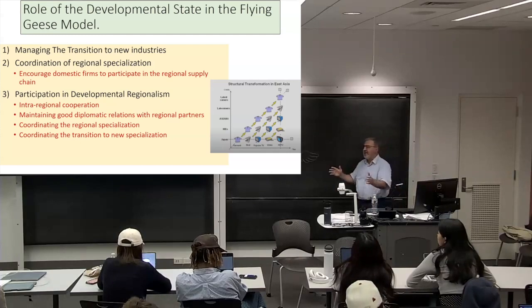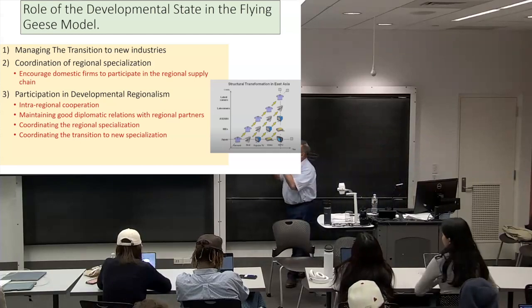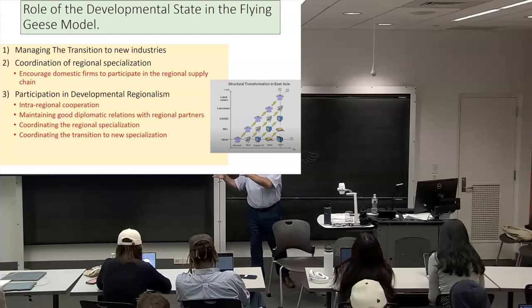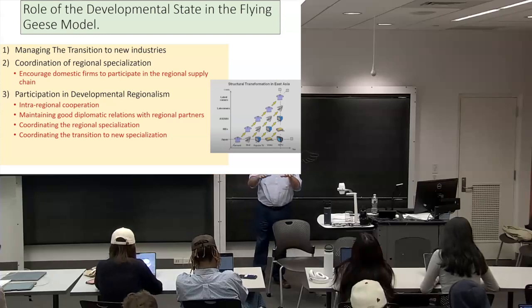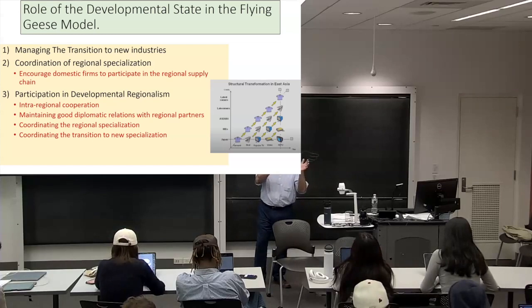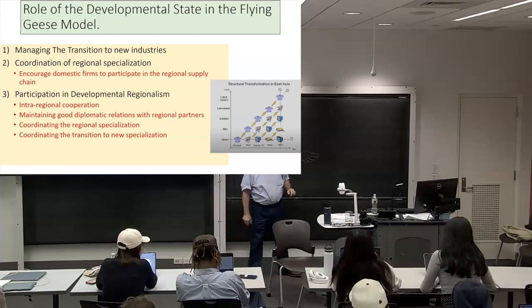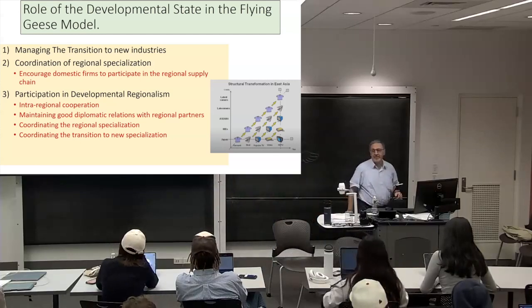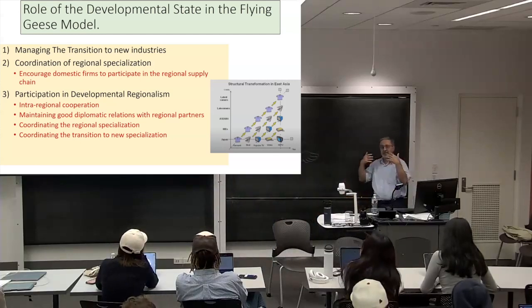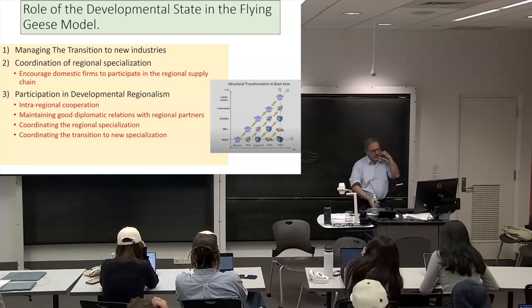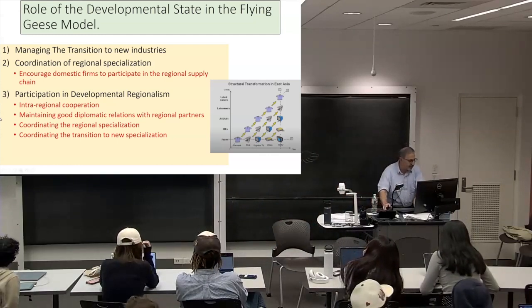Anyways, what I'm saying is that the concept of developmental state not only was popular in some developing countries, but with the advanced technology and technological change, even advanced countries like the United States are adopting some aspects of the developmental state. And of course, China is still a very active developmental state. We are going to see examples of that.